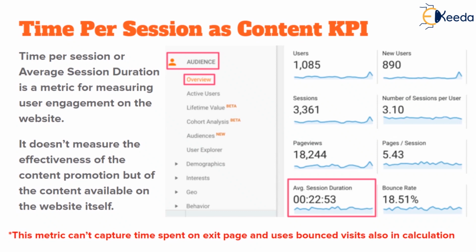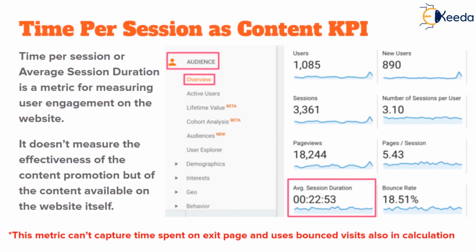However, it does use the bounced visits in calculation, which means if users are only coming to one page and reading it, as I said earlier, for a given period of time and then leaving before the 30-minute session duration, even though the user spent time there and did consume your content but left without taking any other further action, you generated traffic, but that would still be captured as a bounce by Google Analytics or any other analytics software out there. So yes, this makes it a not very accurate KPI,